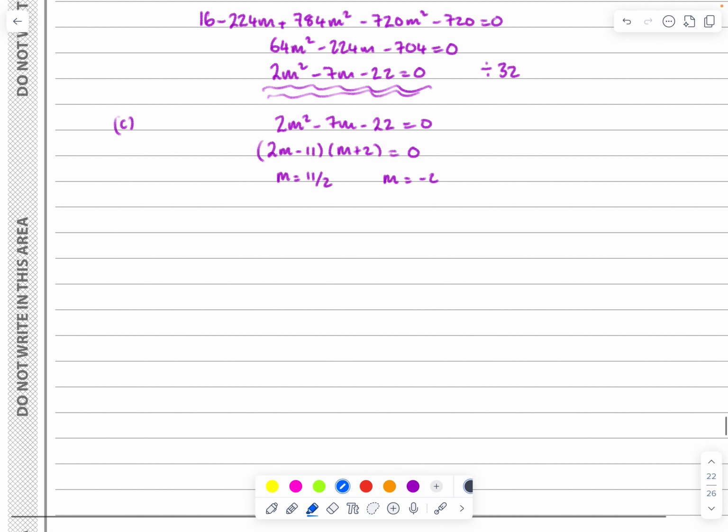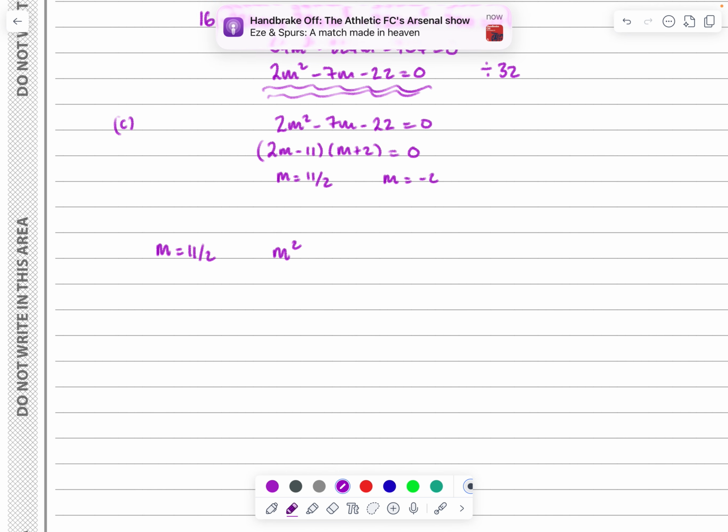So let's do that. If we put m equals 11 over 2, and again I'm going to take a little bit of a shortcut here, I'm putting that into m squared